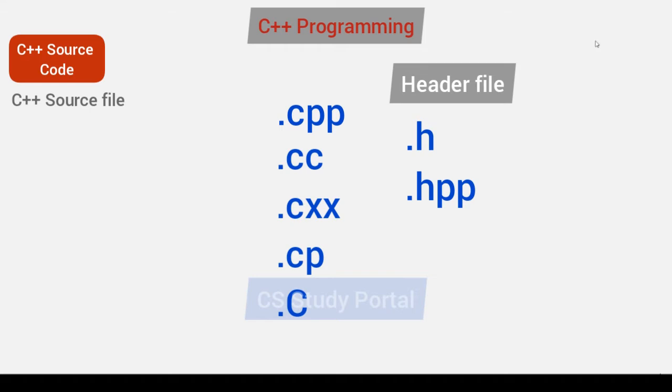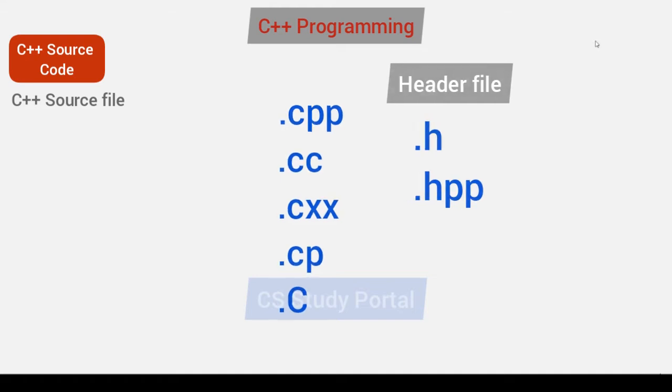The implementation of this feature add will be written in the file with the .cpp extension. It has a lot of advantages, and you will learn about that later in this video series. But right now, just remember that the C++ source code is saved with the .cpp extension and the .hpp extension.